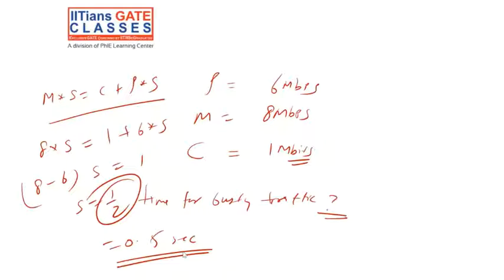Right? So now if you increase the bursty traffic interval, then your output rate and arrival rate will be different. If you decrease your bursty traffic time, then again your arrival rate and output rate are different. But depending upon the arrival rate of the token and the output rate, we can see the timing. In 0.5 seconds, that much time is the speed of the bursty traffic. That's the meaning of the output rate or arrival rate of token.